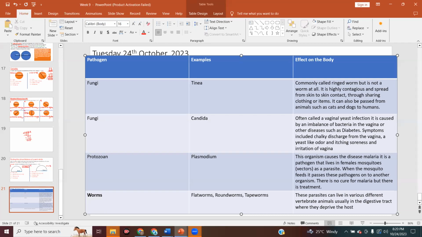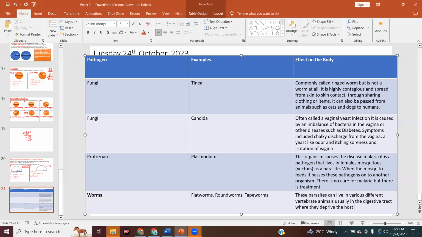So you have a host which takes in food, and then the parasite takes the food from the host. If a worm is inside of you, you are the host, and it's basically using you to get its food. So these parasites can live in different vertebrate animals, usually in the digestive tract,